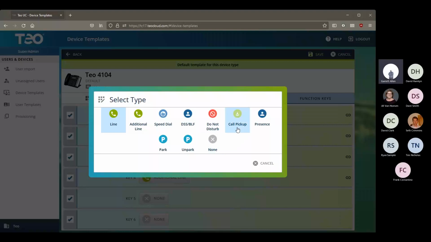Call pickup is available, just like with all the other phones we've looked at. The DSS BLF key, when it's shown in a ringing state, will allow for a directed call pickup on the monitored lines, so usually that's how things are managed. But because these older models have so many fewer keys compared to the newer